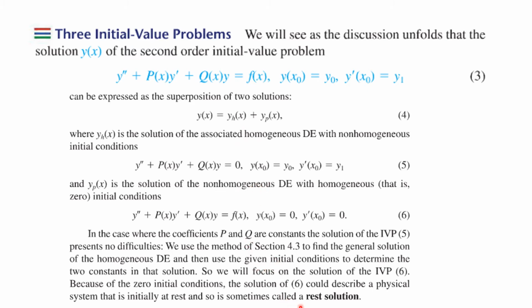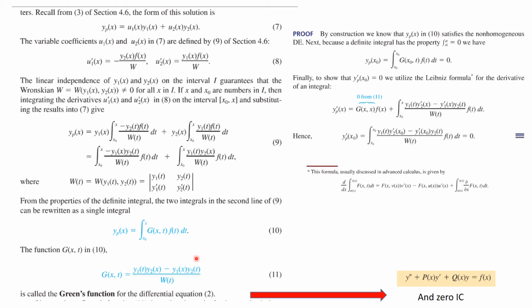Okay, so we're going to focus on the solution of this equation right here at first. Because of the 0 initial conditions, it could be described as a physical system that is initially at rest. It's 0 and 0. Position is 0 and its velocity is 0. So it is sometimes called the rest solution. Well, we know how to do that